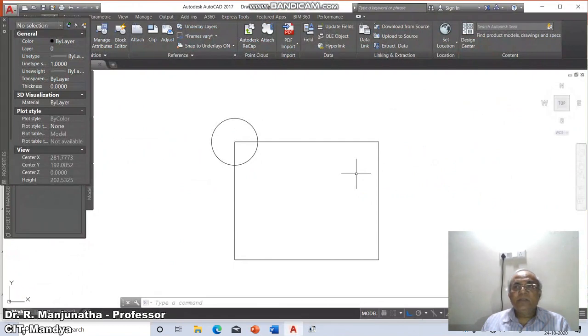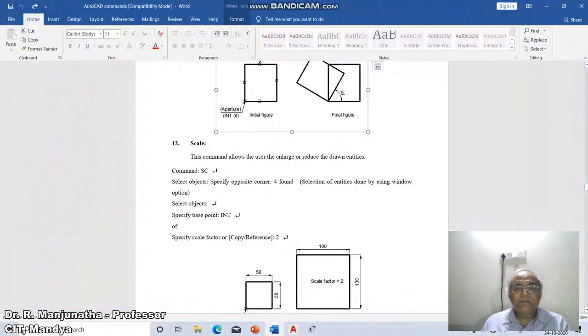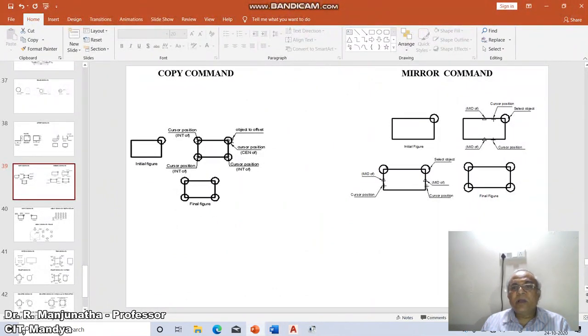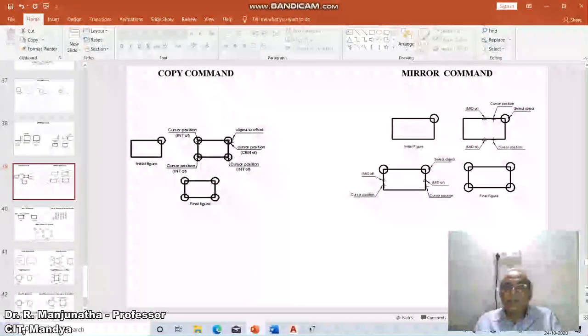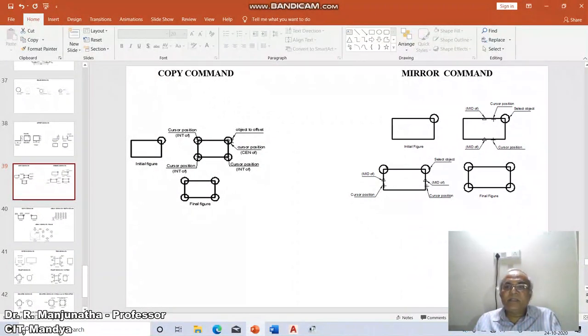So what is the requirement of the mirror? Now I have an entity here. What is the requirement when you stand in front of the mirror? The distance between the object and the mirror will be the same as the distance from the mirror to the new object.